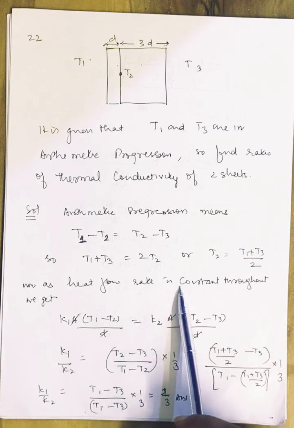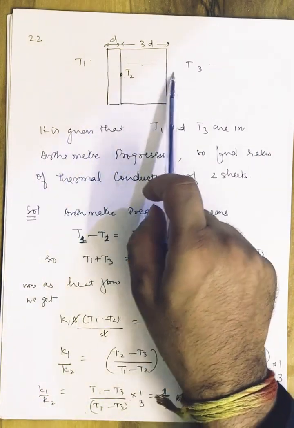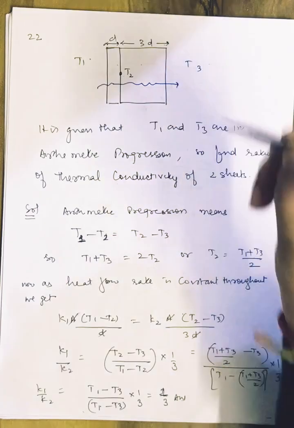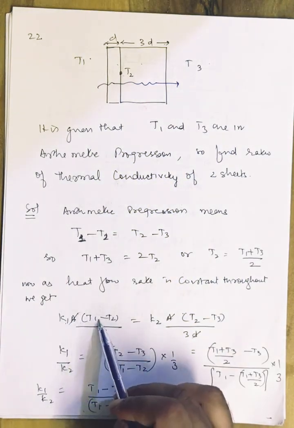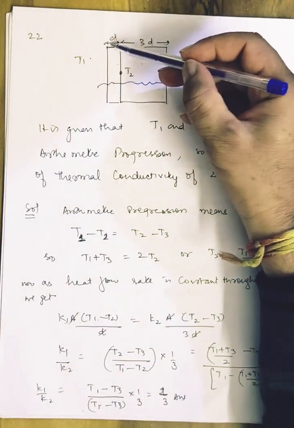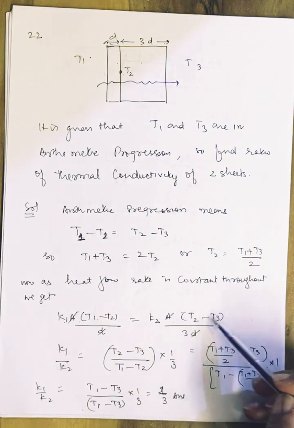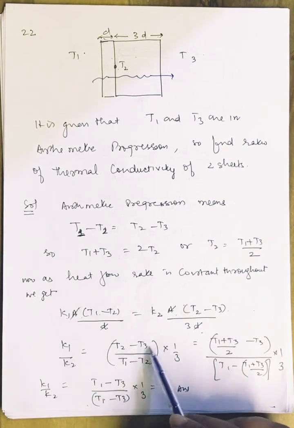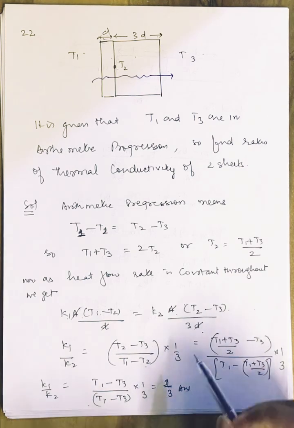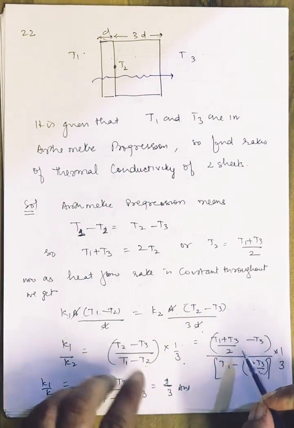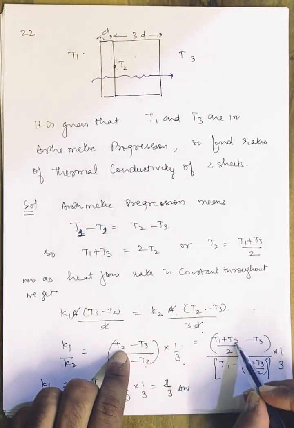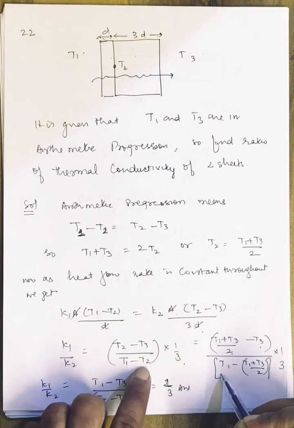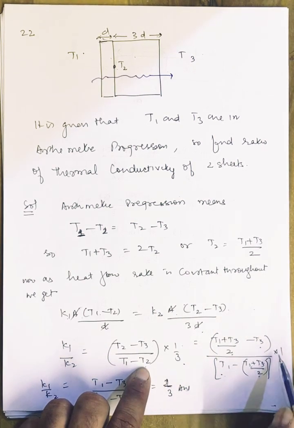Now as heat flow rate is constant throughout, because these two rods are in series, whatever heat goes in also goes through the second rod and comes out. So K1A(T1 minus T2)/D, this is the distance, and K2A(T2 minus T3)/3D. Now D gets cancelled. I get K1 by K2 as (T2 minus T3)/(T1 minus T2) divided by 1 by 3. Now I'm putting the value of T2, that is (T1 plus T3)/2 minus T3, and in the denominator T1 minus T2 again, (T1 plus T3)/2, and 1 by 3